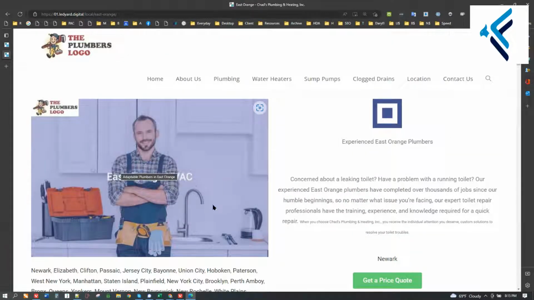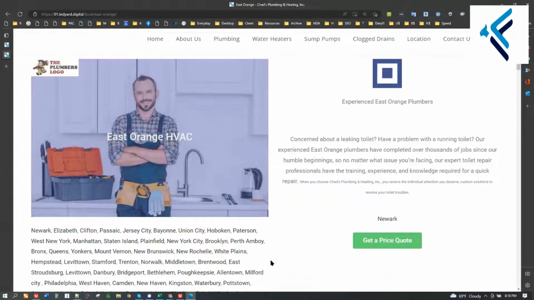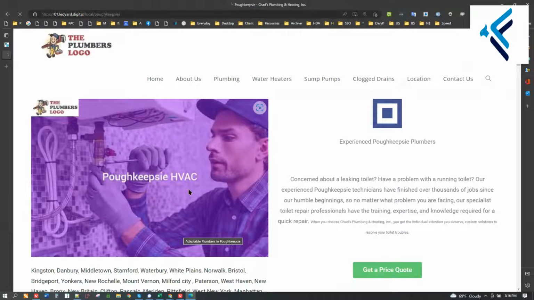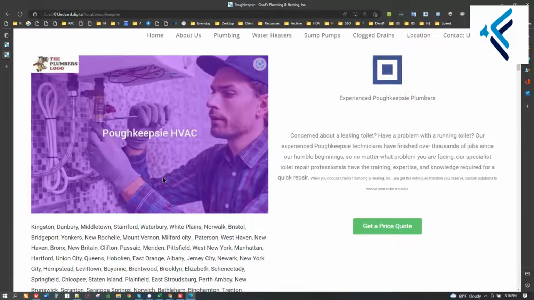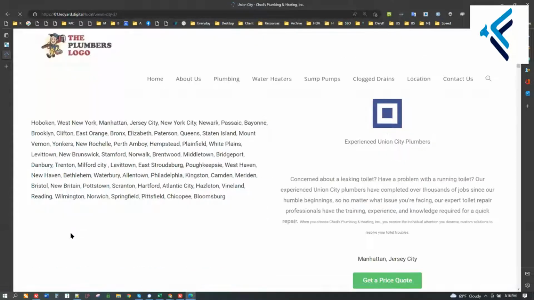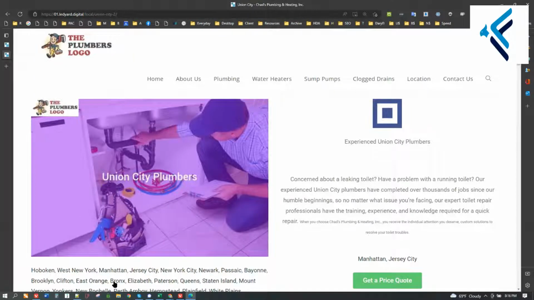So now it's using a bluish kind of overlay, and now the font changed to more of a plain type of font. Okay, just playing around, just trying to see what it can do, and I'll show you how this is done on the back end. So now it says Poughkeepsie, and there's this one here, and we'll be doing some things to try to make these images as unique as possible with different elements that can go in with the image as well.